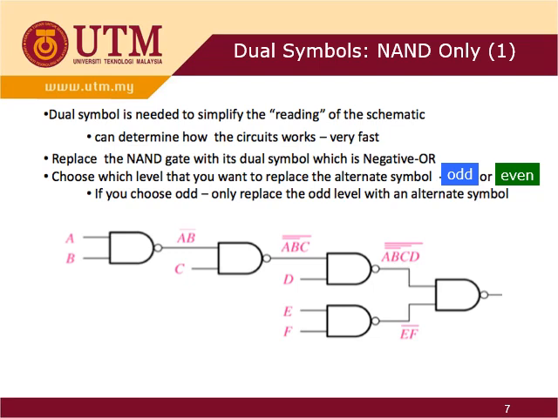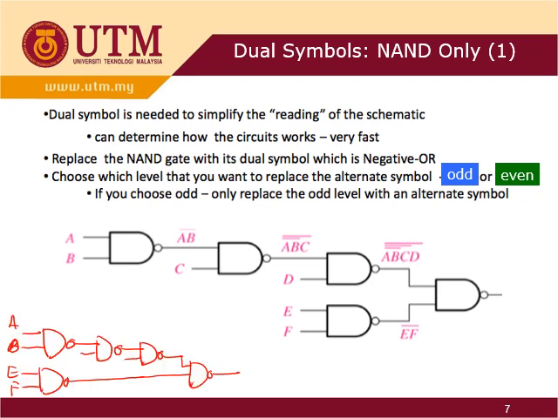Let me show you one thing. Look at this drawing here. I am sure quite a number of you actually draw E, F at the beginning straight up, at the same level as A, B, because they are the input, right? A, B, C, D, E, F. However, this is wrong. I mean, it is not actually wrong. The input is A, B, C, D, E, F, and the output is correct. But